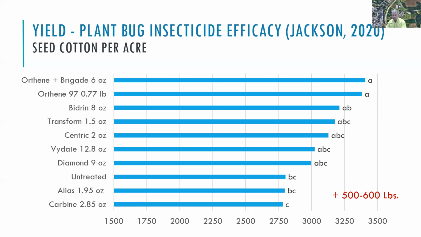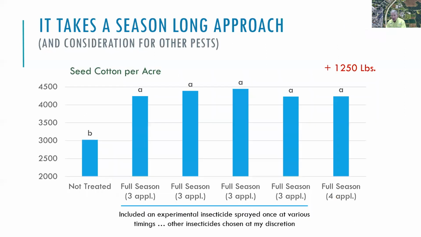If you mess up and do a really poor job at managing plant bugs, it can be much worse. And this is an example of that. This is a separate trial we had this year at the Jackson Center where we're located. The real take-home point from this test is that if we had a season-long approach for controlling plant bugs, which most of these treatments did, we saw substantial yield increases, well above that 400, 500, 600 pounds of seed cotton